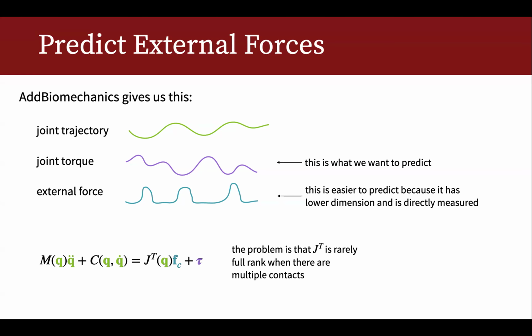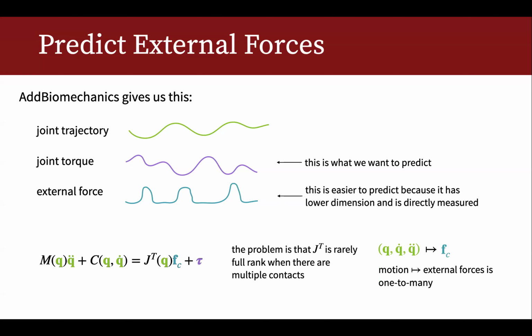All right, so if you stare at this equation long enough, you see there are multiple equations here, matrix and vector, so they're multivariate. When you look at that, you realize this Jacobian, J there, is problematic because oftentimes it's low rank, because you have multiple contact points. If it's just one single contact point, you're all good. You can just solve that analytically. But when you have multiple contacts, then you're in this low rank scenario, which manifests as a one-to-many mapping that you have to learn.